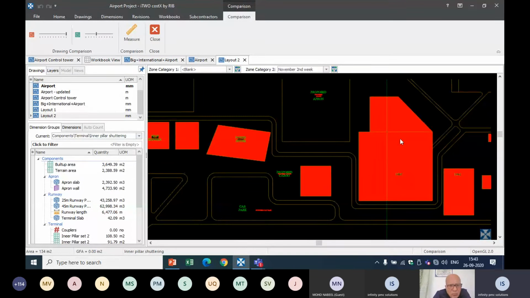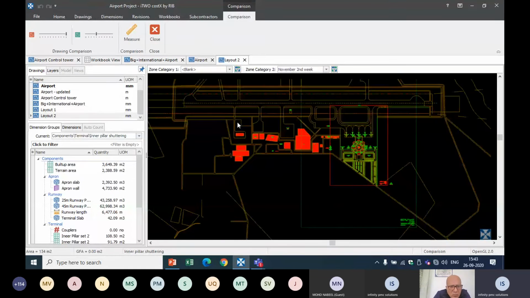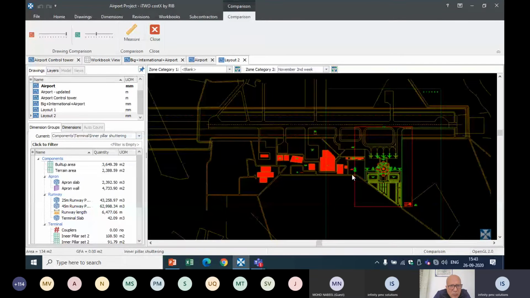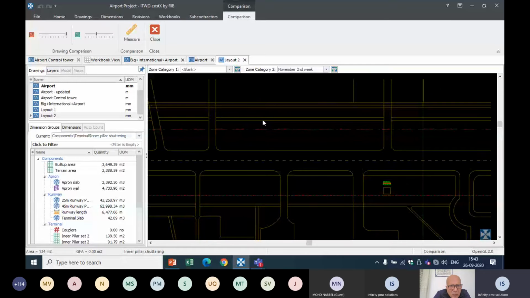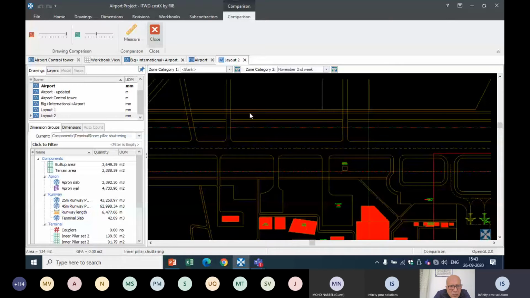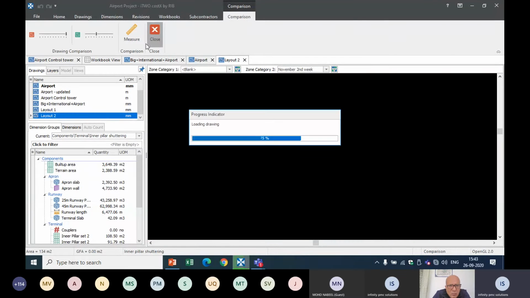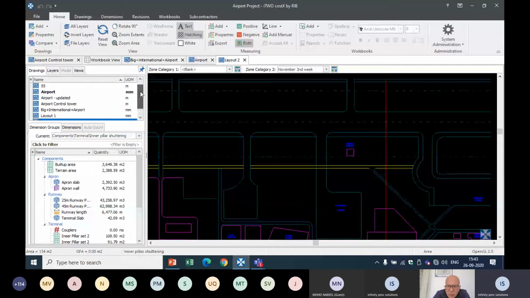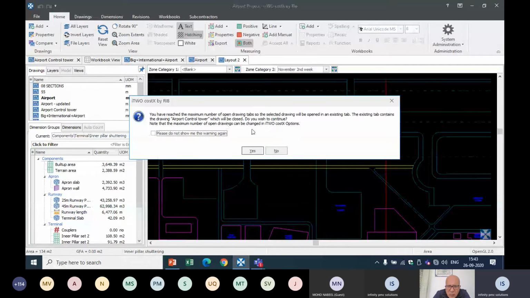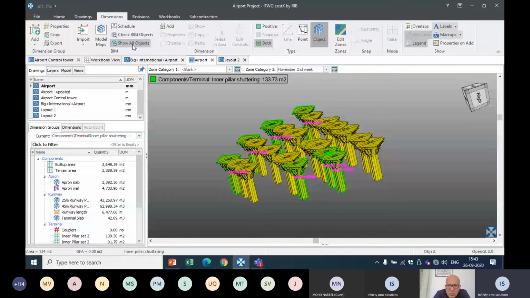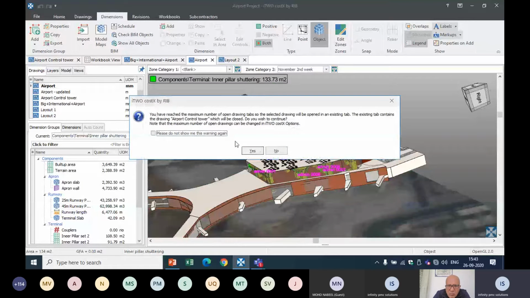The elements indicated in red are the deleted elements, and the elements indicated in green are the added elements in the newer model. The rest are the elements which haven't changed. In this way, you can compare your 2D drawing to figure out what changes happened with your layouts, so that it will be easy for your quantity updation. And the same way, whenever you're getting an updated or revised model, say I'll make all objects to be displayed. Okay, I'm getting an updated model for the model we have seen now.